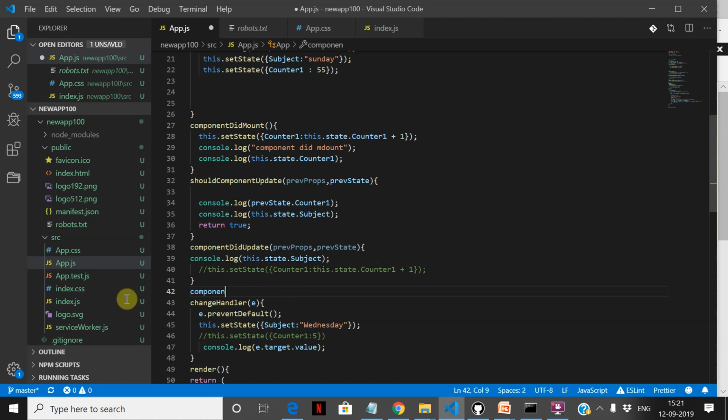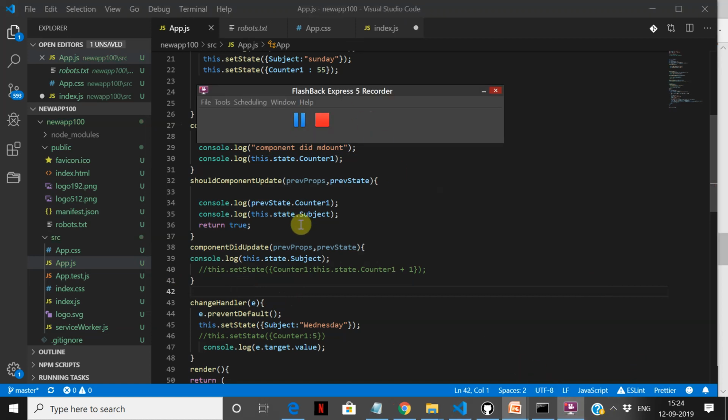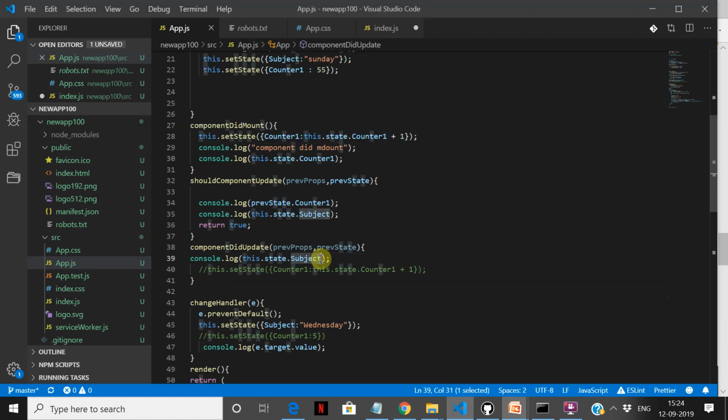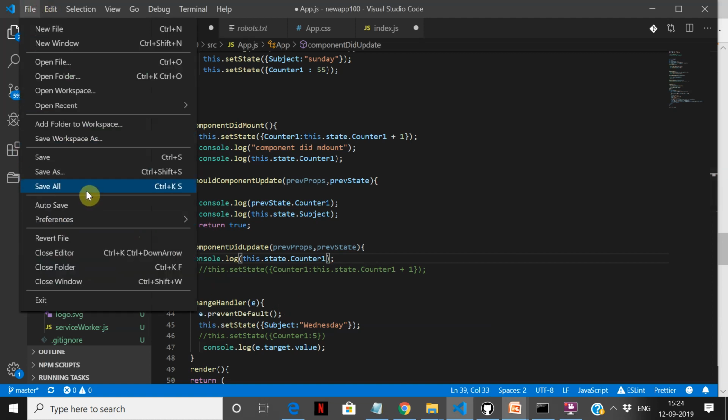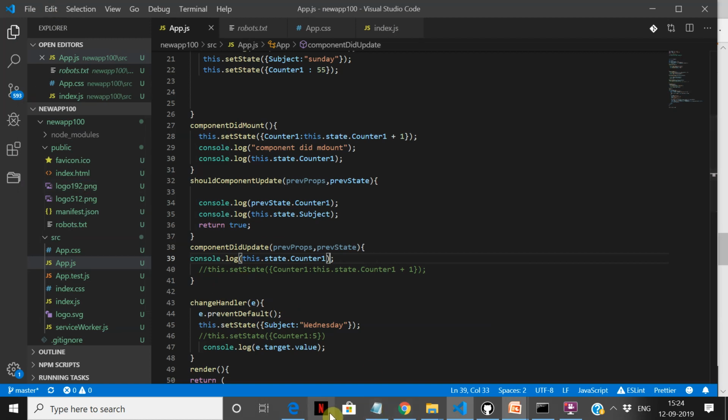When the component gets unmounted, this happens in the index.js. Let us see the componentDidUpdate.